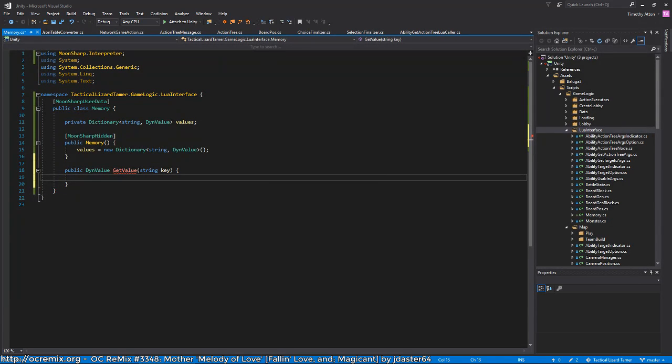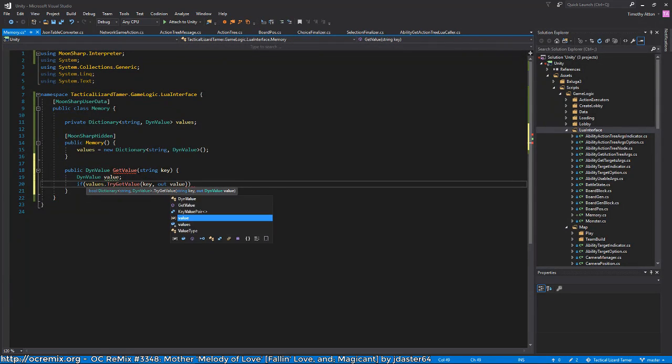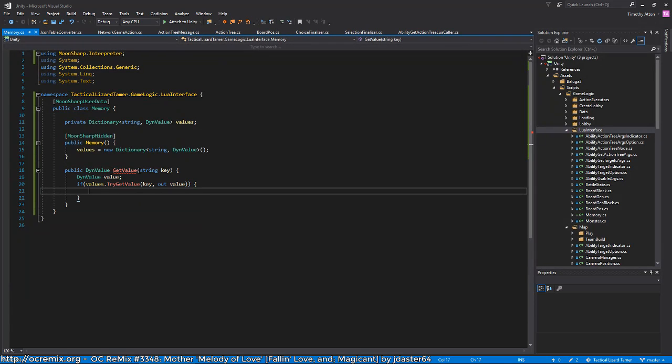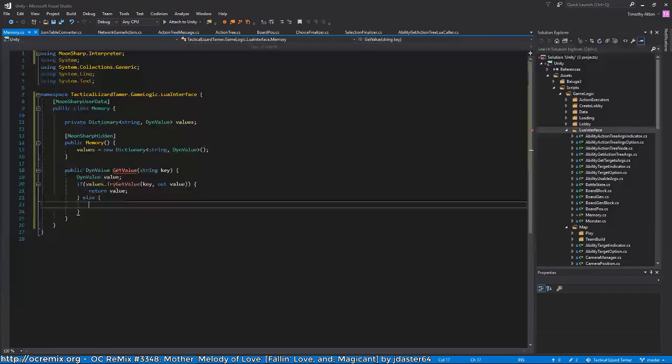So we just, okay, so dynamic value, and then we'll use try get value, of course. Okay, so if this returns true, that means that the value is in the array, or in the memory. If it's not,